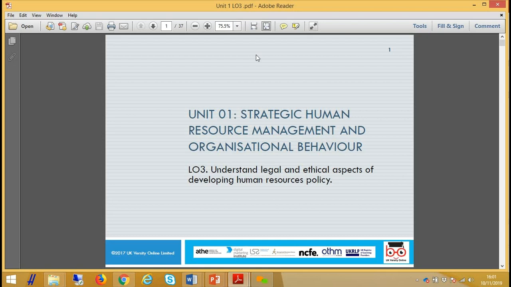But a couple of things to note. Each country will have different employment law. Pakistan will have a different employment law. Dubai will have a different employment law. But we're studying the UK for 2 reasons. First, we are doing a level 7 UK qualification, so obviously we need to study UK legislation for that qualification.